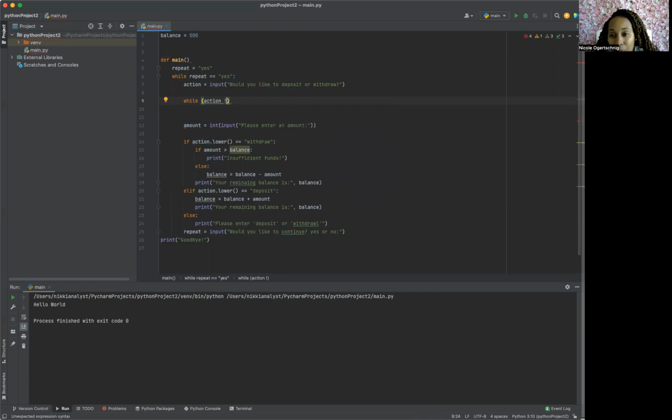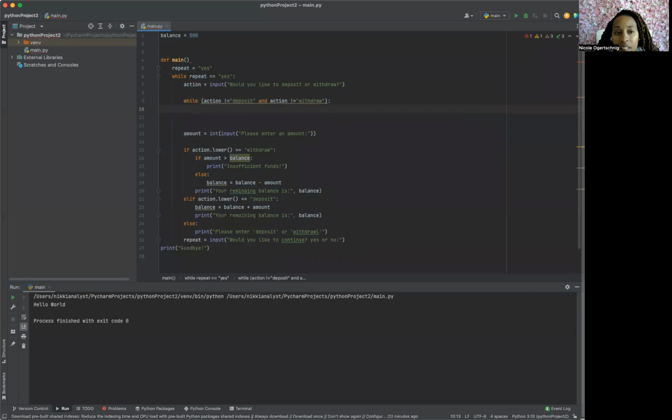If the input does not equal deposit, and action does not equal withdraw. It's got our while loop. Remember, we have to have these right here. Then our action